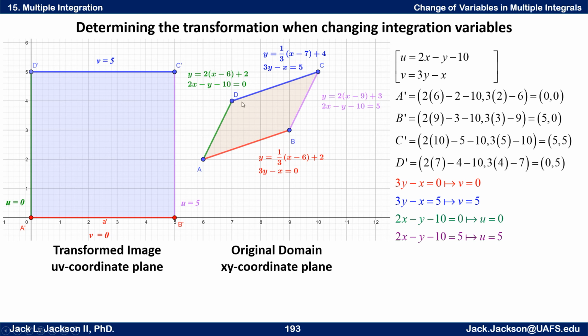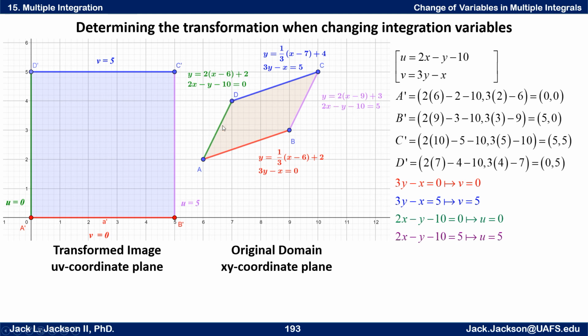Let's check this one up here, (7, 4). 3 times 4 is 12 minus 7 is 5, that's good. And let's check out (10, 5). 3 times 5 is 15 minus 10 is 5, so that checks out. So it looks like I've done my algebra correctly so far. Okay,